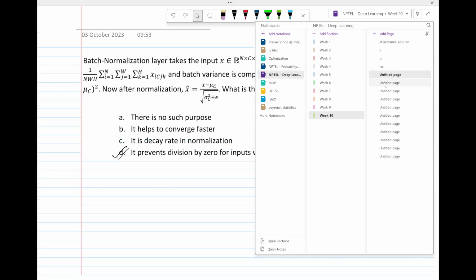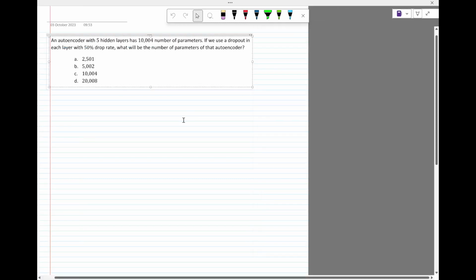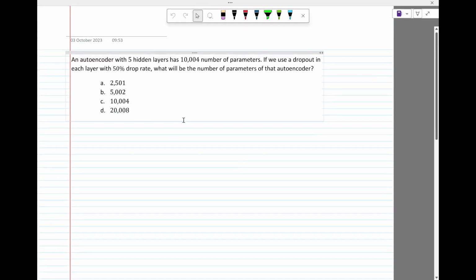Okay, I hope that part was clear. I'll go to the next question. An autoencoder with 5 hidden layers has 10,004 parameters. If we use dropout in each layer with 50% drop rate, what will be the number of parameters of that autoencoder? So we have an autoencoder with 5 hidden layers,